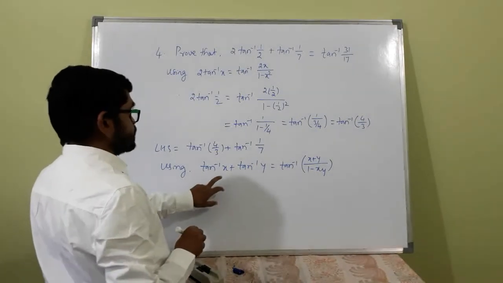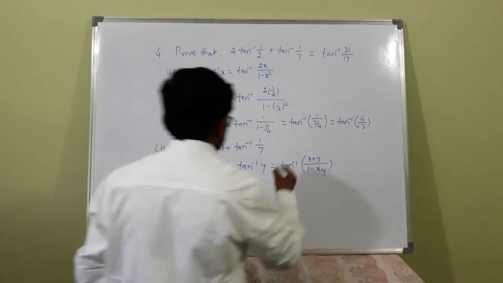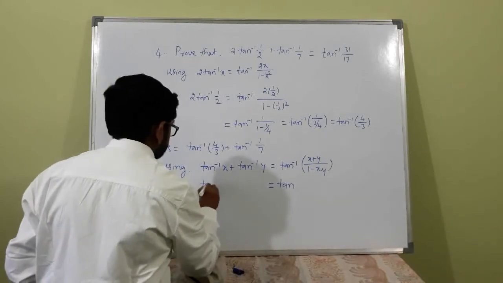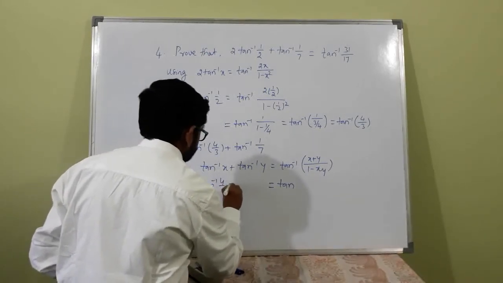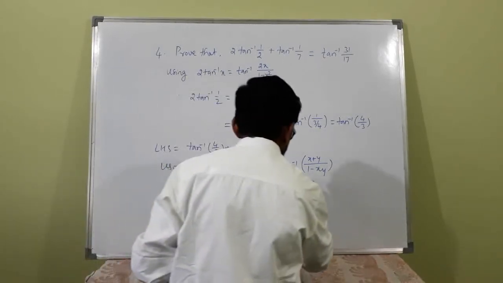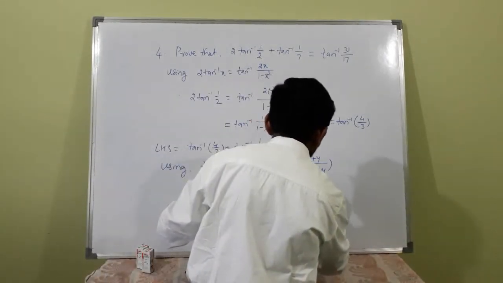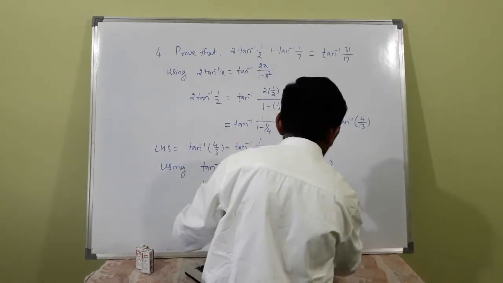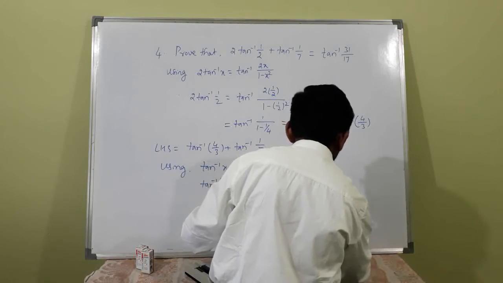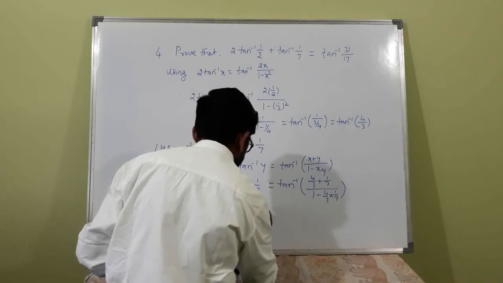So in place of x 4 by 3, y 1 by 7, therefore tan inverse of 4 by 3 plus tan inverse of 1 by 7 is equal to tan inverse of 4 by 3 plus 1 by 7 divided by 1 minus 4 by 3 into 1 by 7,